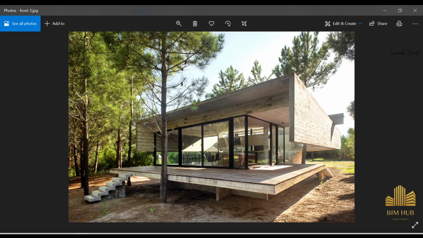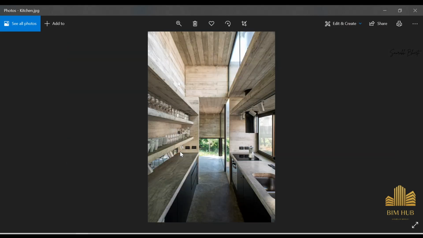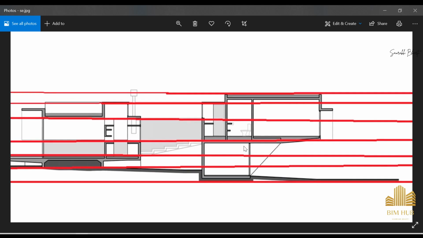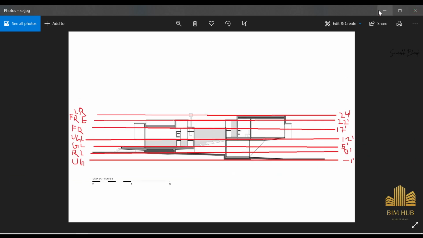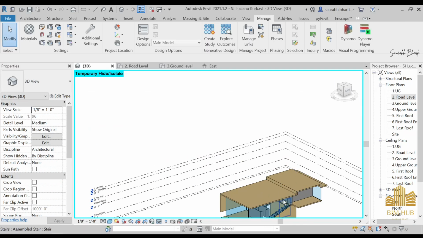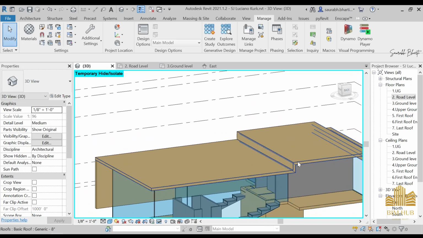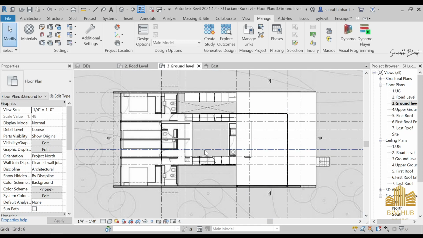And if we go to 3D, let me see, yeah, okay. From the image you can see that these walls started from the underground level and go up to this level, so it is done. And what else we need to do is we need to match these walls. So let me see,